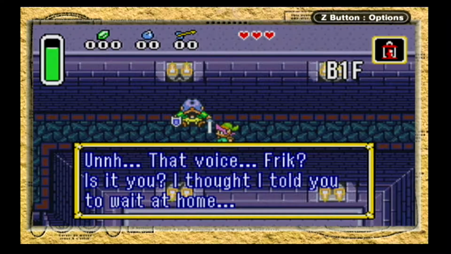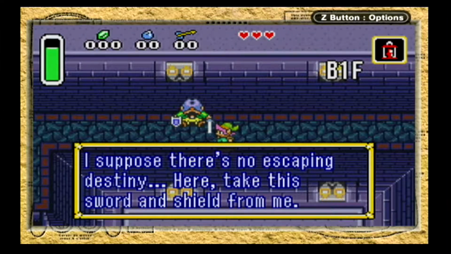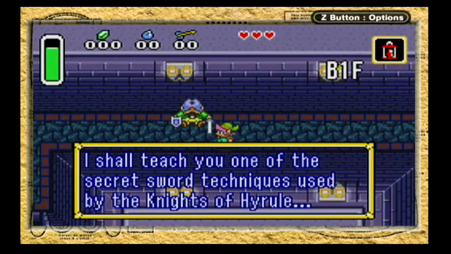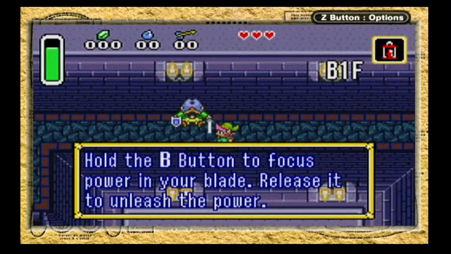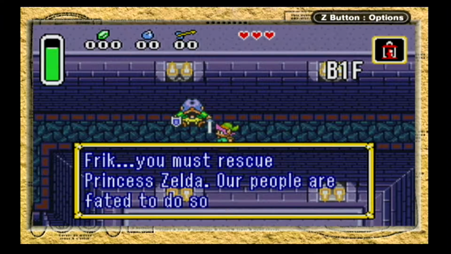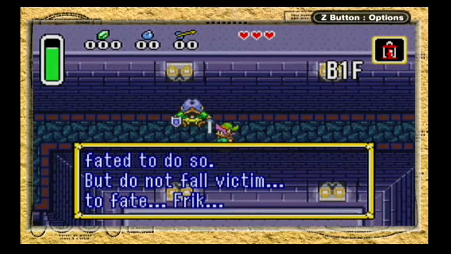I'm that boy's friend. Is it you? I thought I told you to wait at home. I suppose there's no escape from destiny. Here, take the sword and shield from me. I shall teach you one of the secret soul techniques used by the Knights of Hyrule. Hold the B button to focus power in your blade. Release it to unleash the power. Afraid you must rescue Princess Zelda. Your people are ready to do so. But do not fall victim to fate, for...